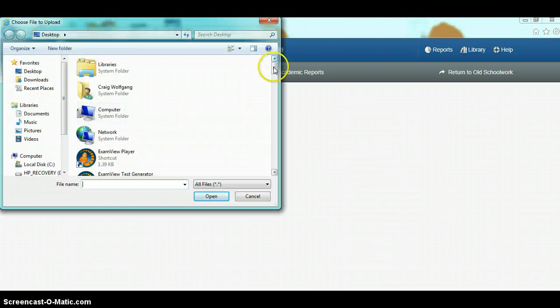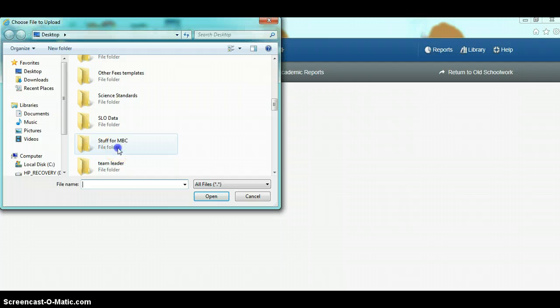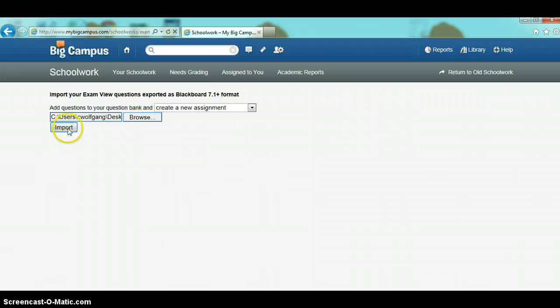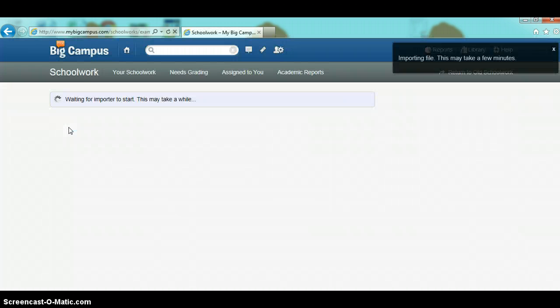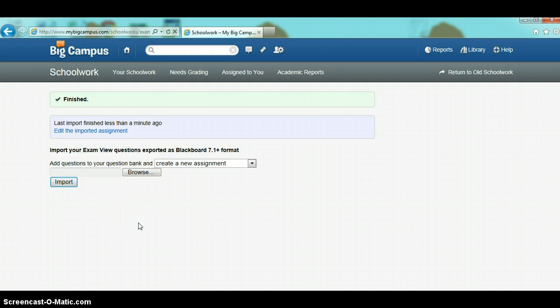So now I'm going to go to my desktop, find that folder, stuff for My Big Campus. There's my quiz, and then I'm going to import it. For me, it usually takes a couple minutes, but not real long. Once it is finished, it'll look like this, and it will ask you if you want to edit the imported